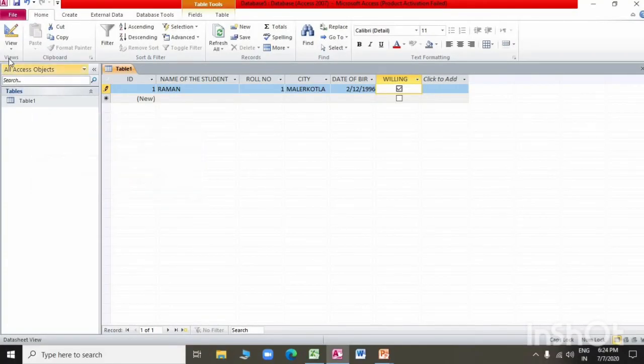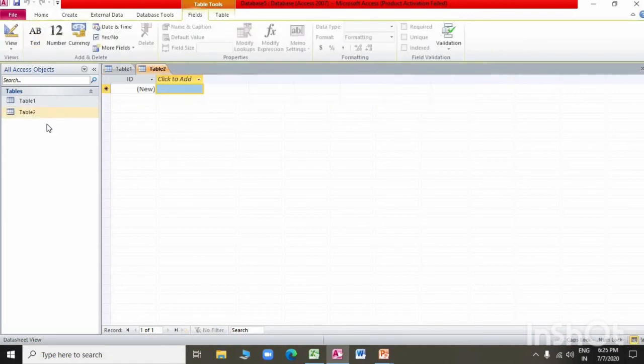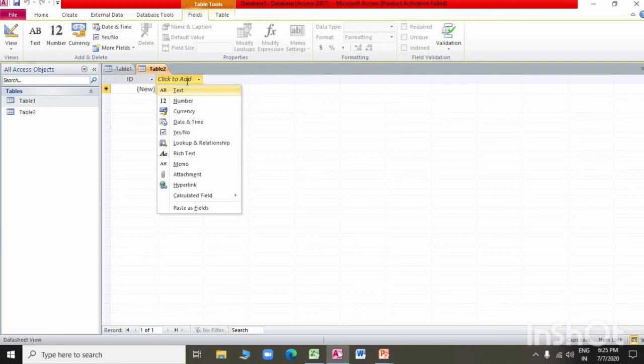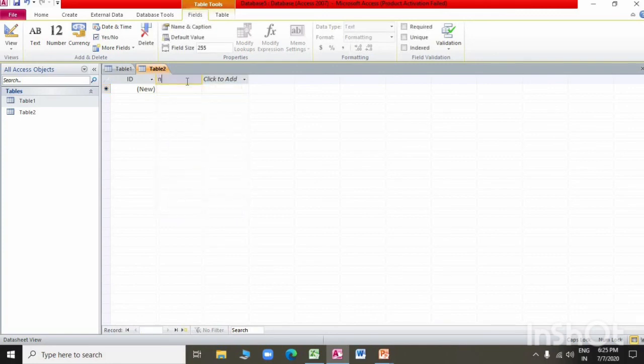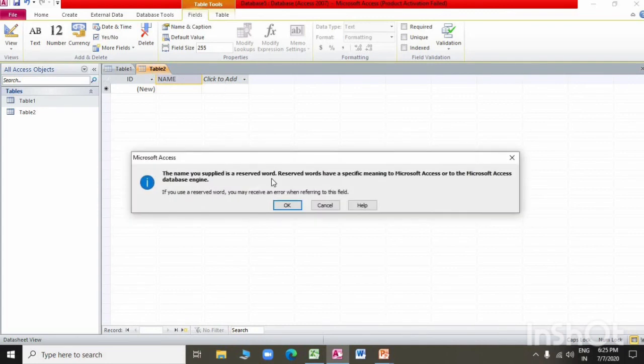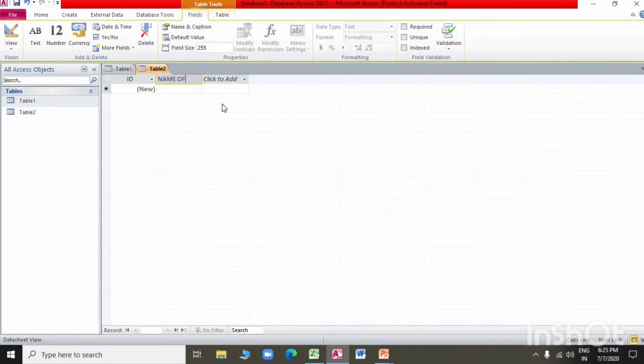Next is insert a new table, datasheet view. We can make any table, create table. You can check datasheet view. It is like the table, but different. Here we will change the text, name. Its length is less, so we write only name of student.